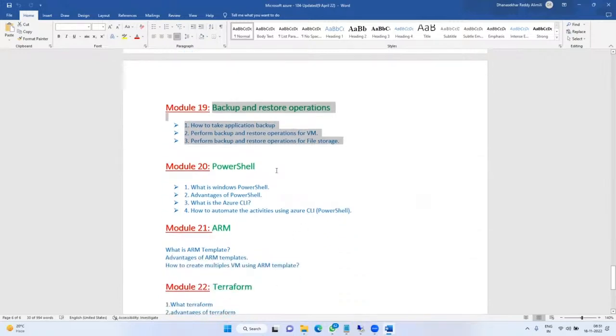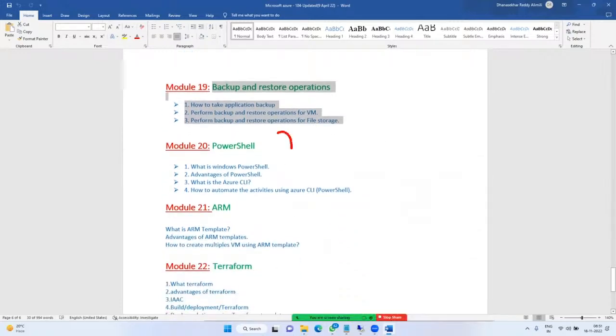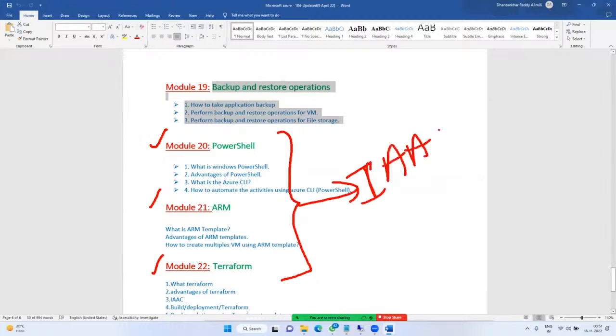From here, module 20, 21, 22, these three come under IaaC, in the sense infrastructure as code. Always please remember, if we hear this word in the cloud environment, we can call it IaaC.